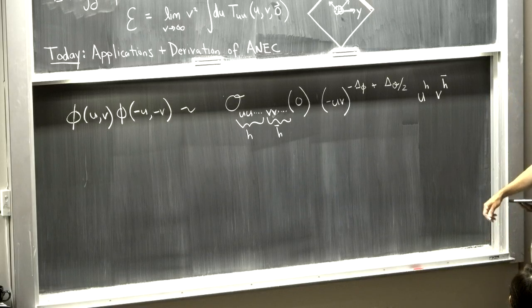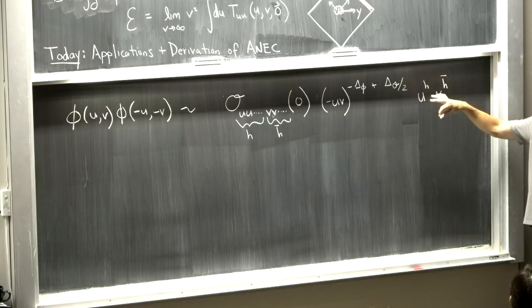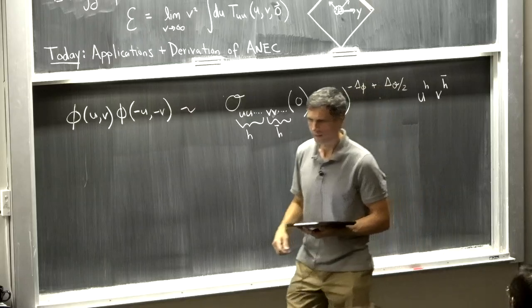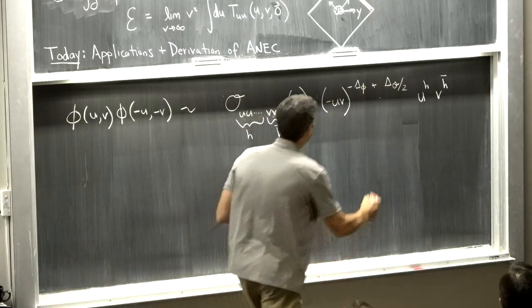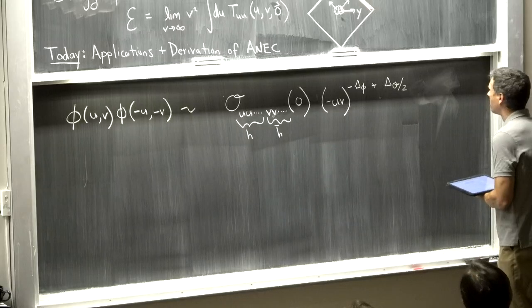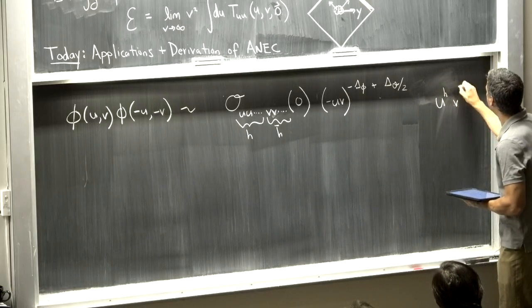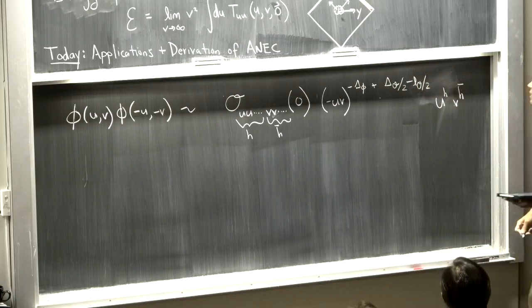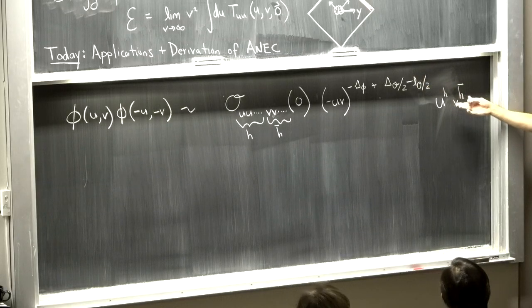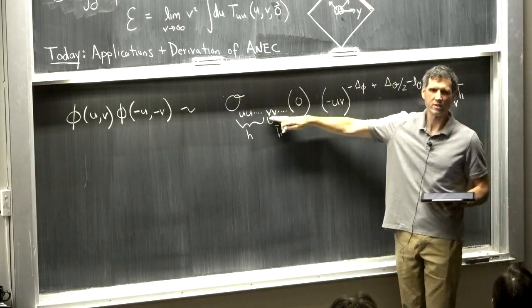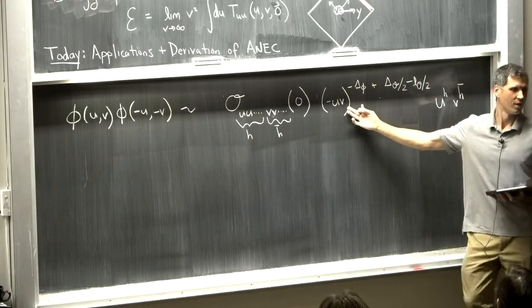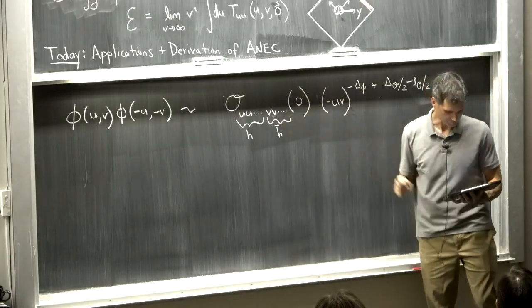But now we've messed up the scaling, so we have to put in a factor of... I didn't leave enough room for my factor. Sorry, let me move this over. So U to the H, V to the H bar, and then we have to put in a factor of minus L O over 2 to account for the dimensional analysis that we messed up by putting these in. Okay, so the number of U's and V's is fixed by Lorentz invariance contracting with these indices. And then the power of UV is fixed by dimensional analysis, just looking at the scaling dimensions of the operators.